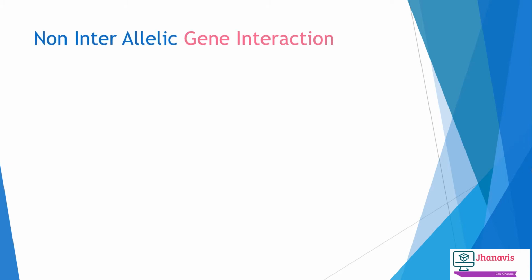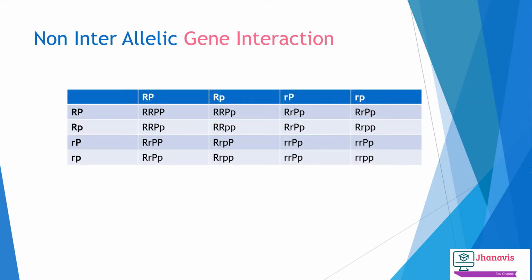To start with the F2 generation pattern of non-epistatic interallelic gene interaction, we take an F1 generation walnut and cross it with another walnut. In the F2 analysis, we get a 9:3:3:1 pattern. The walnut is 9, 3 will be the rose pattern, another 3 will be the pea pattern, and another 1 will be the single comb. Whereas for the genotypic ratio, for the walnut both the capital R and the capital P should be present